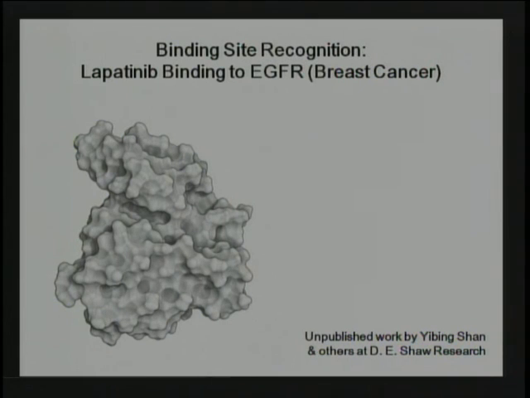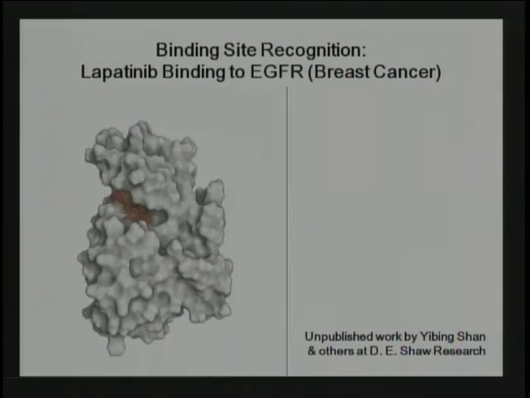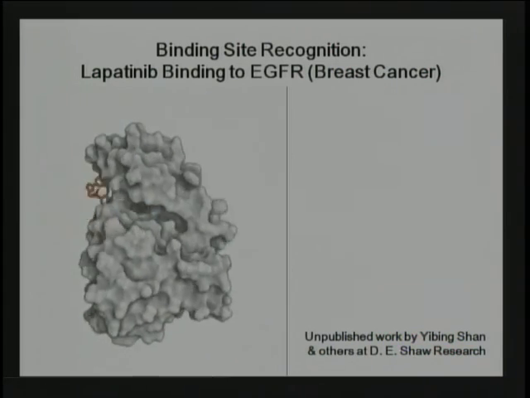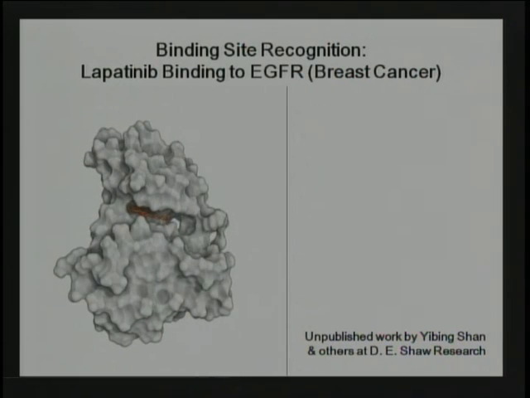This is the last one I'll show, but the drug's going to search around again, and it's going to find the right place. And again, there are a few false places that it visits before it finds the right one. One very interesting thing about this, which isn't a new finding, is what's called induced fit. In the process of having the drug molecule fit into a protein target, it's not just that the drug itself moves around, it's also that the protein moves around, making space for it. And the induced fit part is when the drug actually gets there, it can actually change the shape of the protein locally.